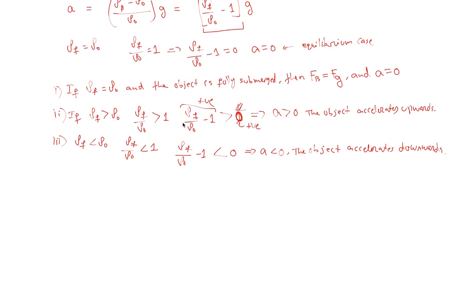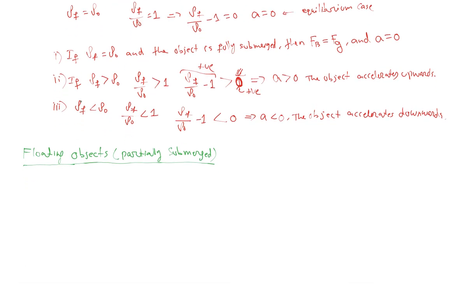Now the next case is the partially submerged objects. It's usually called floating objects. So let's call this case floating objects, or equivalently, partially submerged objects. Okay. So in this case